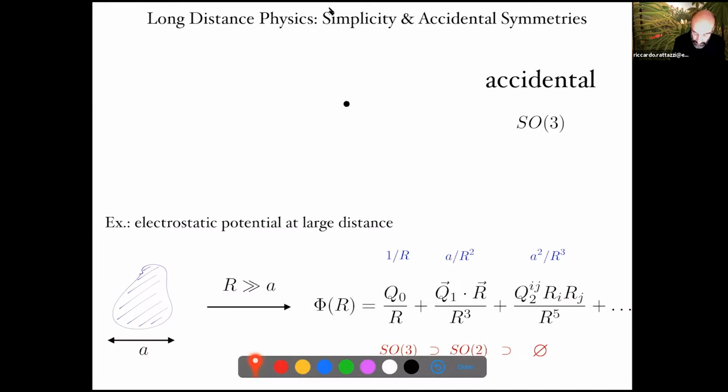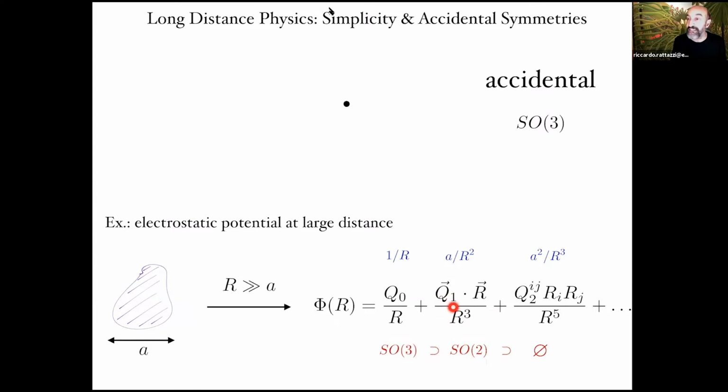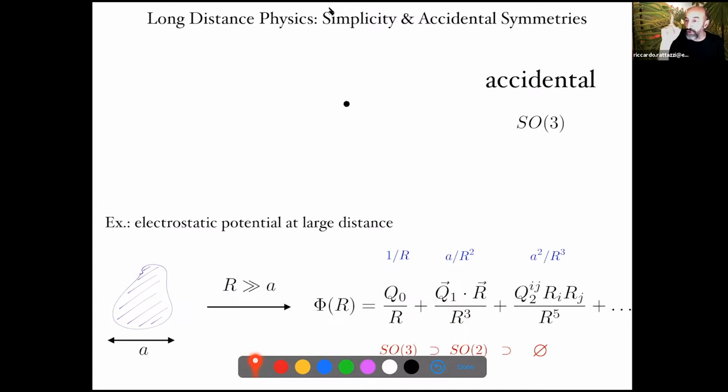Now, if you get a bit closer or you become more precise, you may also be able to see the dipole. It's like saying in the cow, you know where the head and the tail is, just not more than that. You know the directionality. This, of course, breaks SO3 because the dipole points in one specific direction,